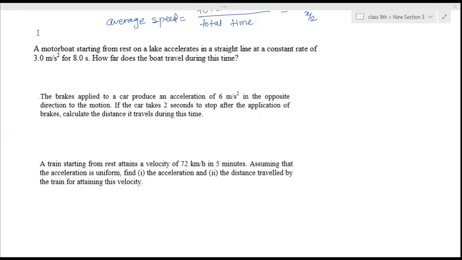Ma'am, is distance 3 kilometer and acceleration 1 by 15 meter per second square? Ma'am, even I got the same answer. Ma'am, I simplified it to 0.06. I'm getting 1.5 meter per second as my acceleration. I want to simplify in decimals. Ma'am, is this from the worksheet? Ma'am, it's acceleration 1 by 15 meters per second square and distance 3 kilometers.